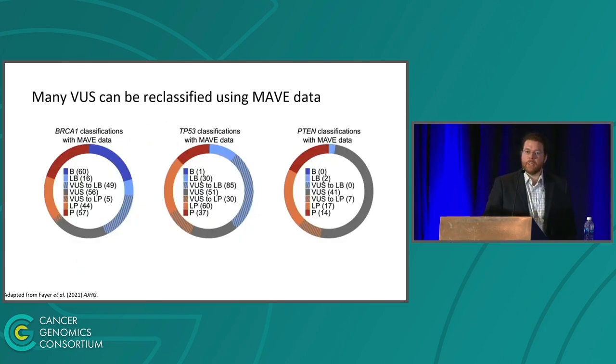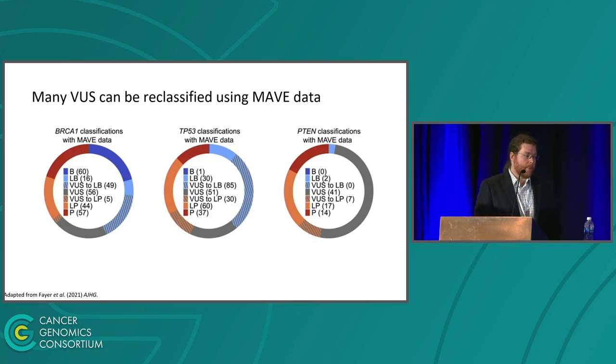So here's an example of a study that we did in collaboration with Ambry Genetics, where they provided a bunch of information about patient variants that they had seen, many of which we wanted to reclassify. And so for BRCA1, we were able to reclassify about half of the variants of uncertain significance. Most of them ended up being likely benign. P53, even more of the variants were reclassified. PTEN, not so many. We were able to move a few from VUS to likely pathogenic,